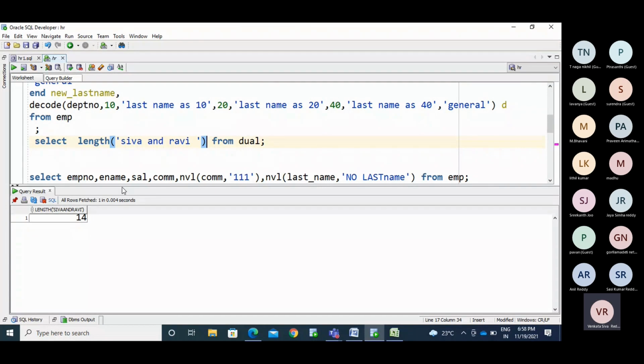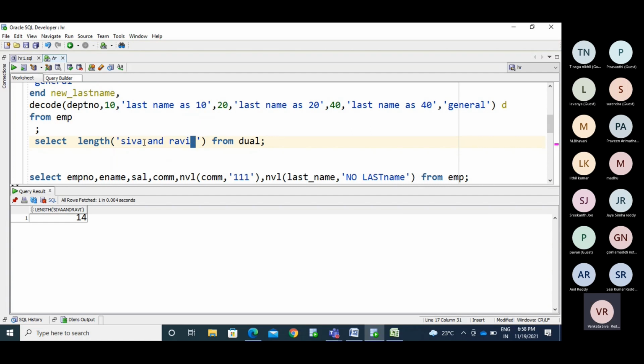See, now we have 14 characters, correct? Now there is some unwanted space here, and I want to remove this unwanted white space.